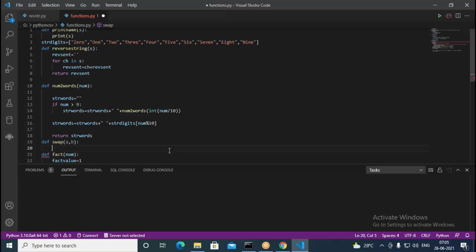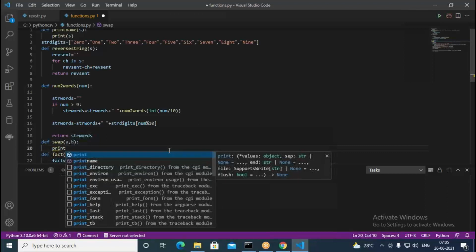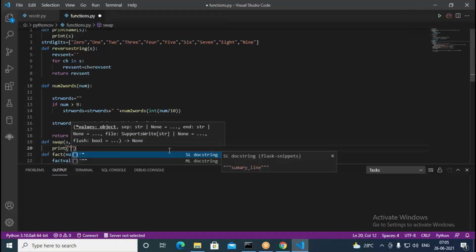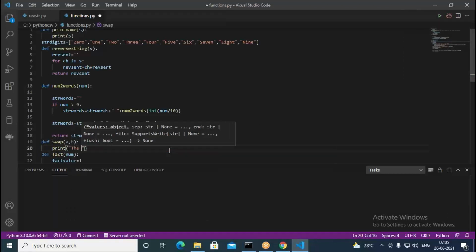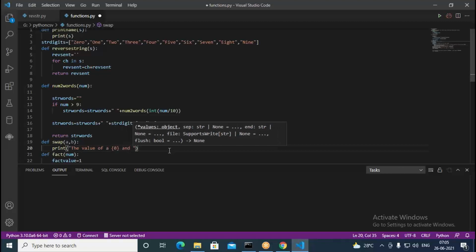So what we do, first we print here. Print, here write the value of a. I put brackets like this. I put a 0 here. Similarly, b.